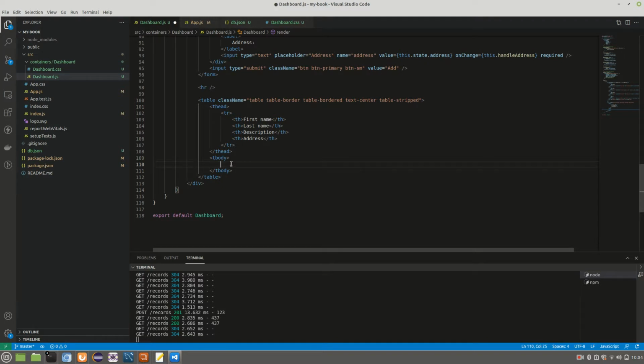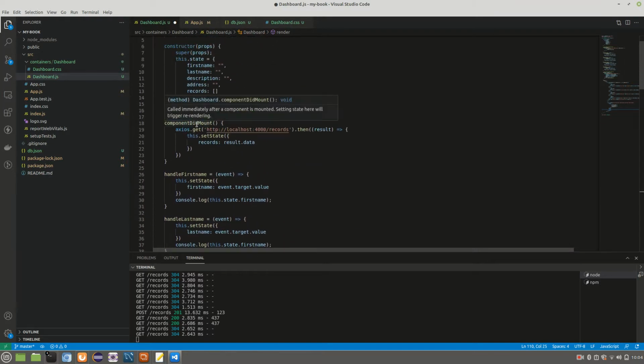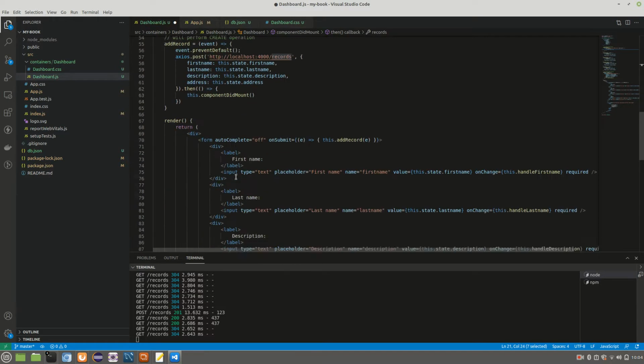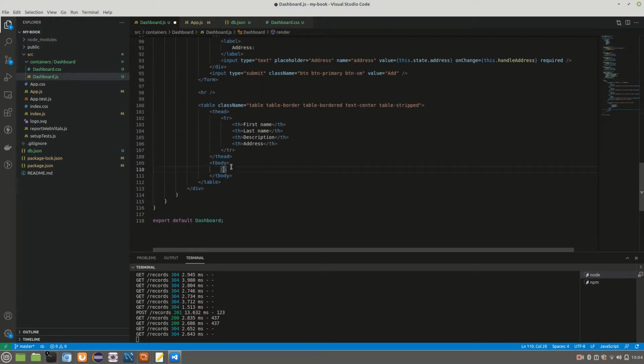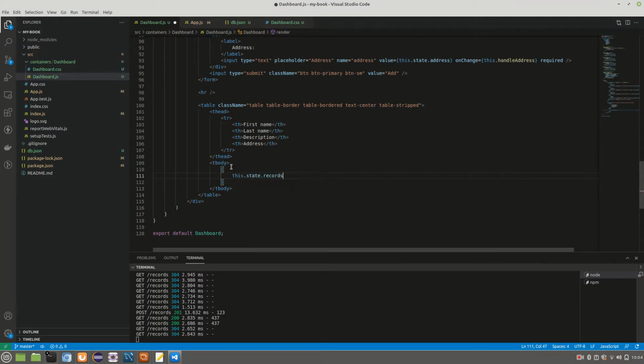Now to show that body, all that information we are reading from componentDidMount and storing in records. Here in the state, there is a property called records. When we call the lifecycle hook componentDidMount, we populate records with result.data. Whatever result is returned from this get is stored in records here. So we can use the same property to iterate, this.state.records